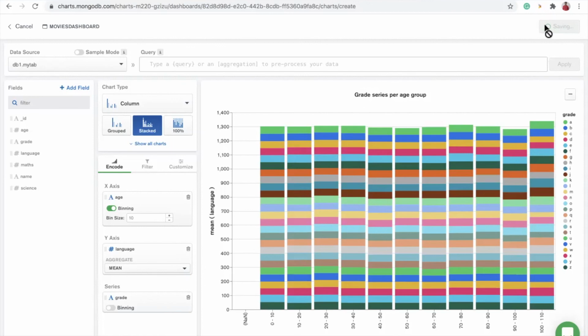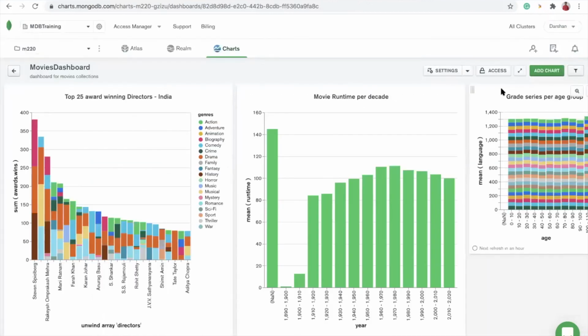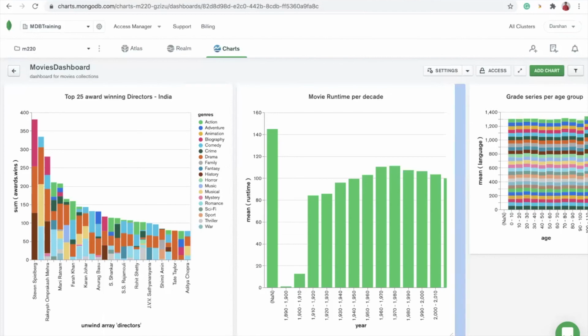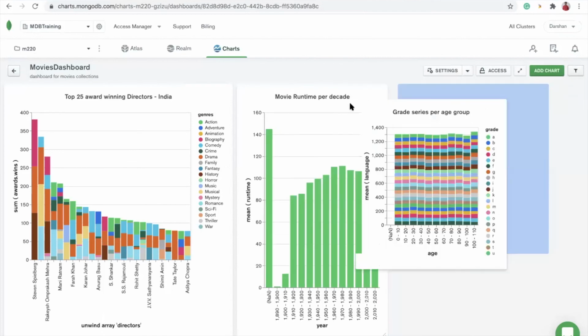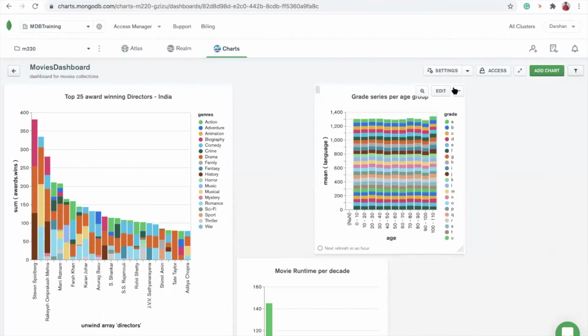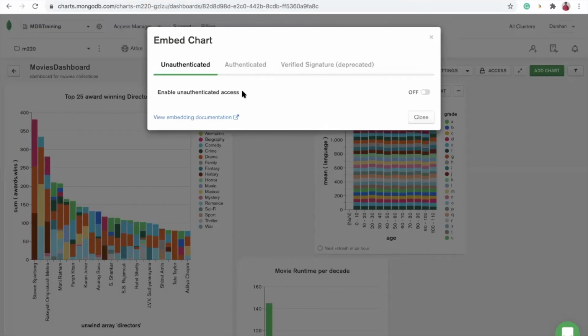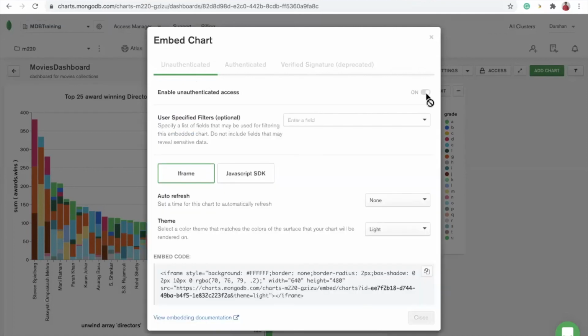This will create a graph in the dashboard, and then I will take this embed chart option. I will be using it as unauthenticated only. Yes.